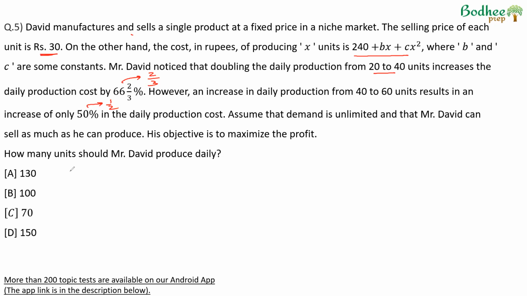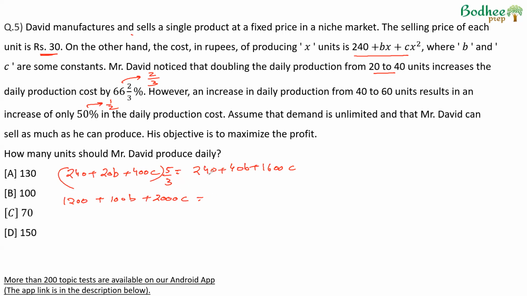When 20 units are produced, the cost will be 240 plus 20B plus 400C, putting the value of x as 20. When 40 units are produced, the cost will be 240 plus 40B plus 1600C. According to the question, the cost increased by 2/3. So this initial cost multiplied by 5 by 3, that is 1 plus 2 by 3, will be the cost of 40 units. And therefore, 1200 plus 100B plus 2000C